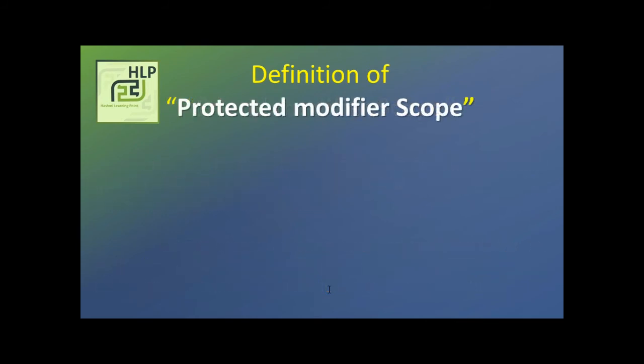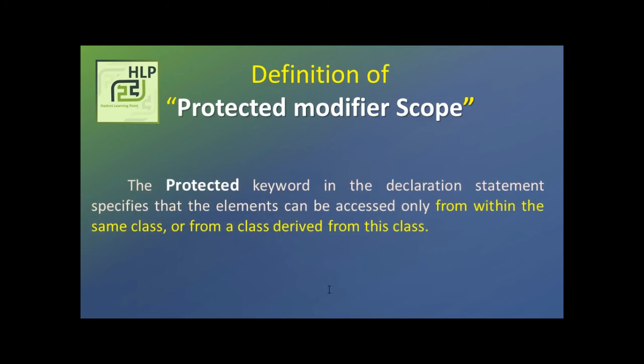Now let us see the definition of Protected modifier scope. This keyword in the declaration statement specifies that the elements can be accessed only from within the same class or from a class derived from this class.